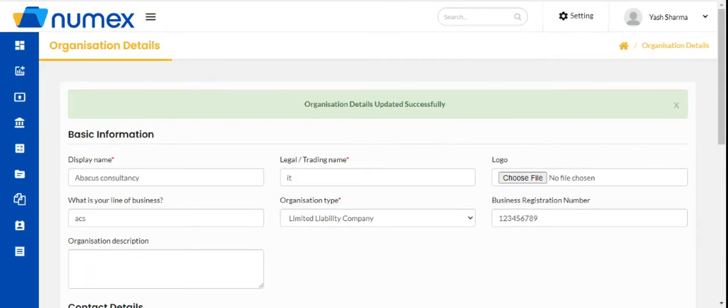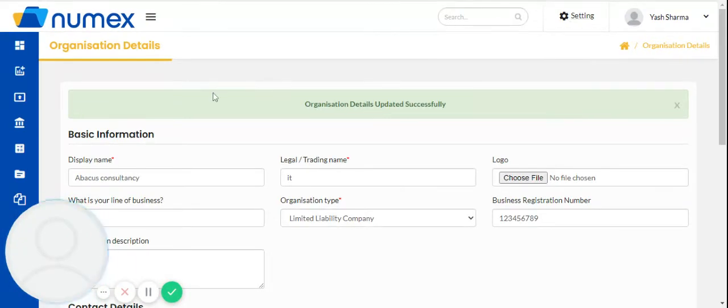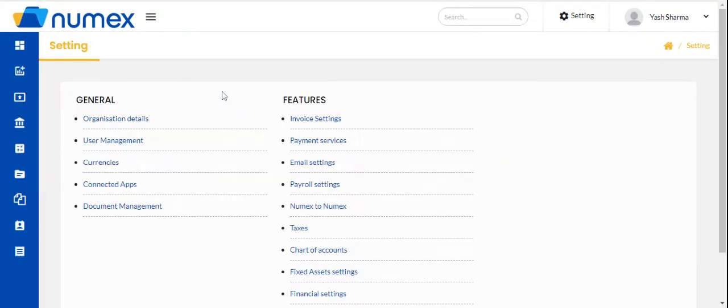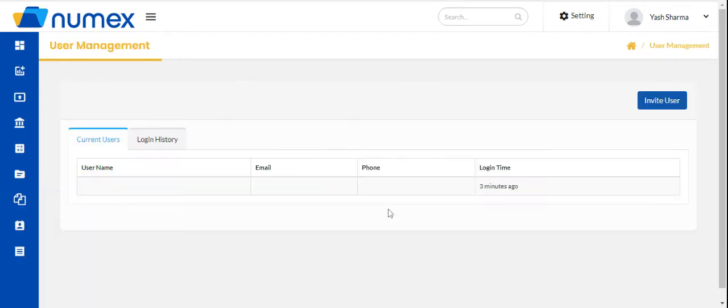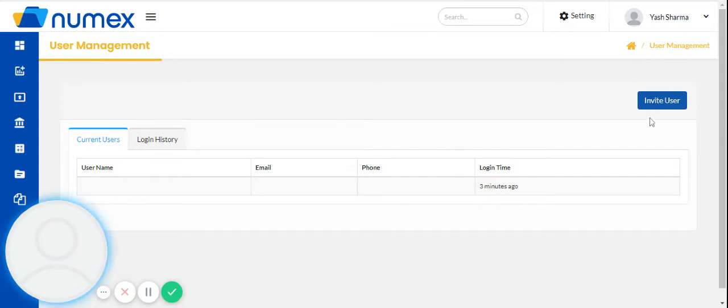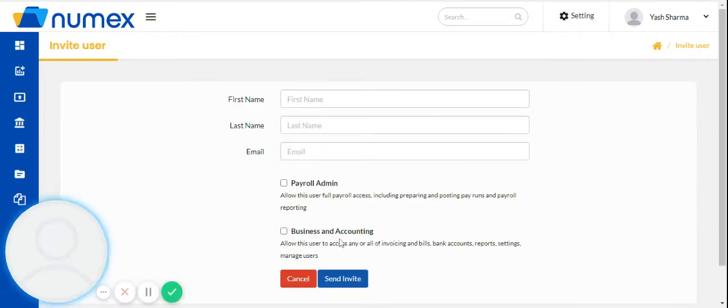Apart from the organization detail page, in the setting module, you have one more page, that is user management. From user management, you can invite users for your business. From invite user, you just invite other users and you can select the permission, means the role that you want to provide to that particular user to whom you are sending an invitation. So you just enter the first name, last name, and email of that user whom you want to add